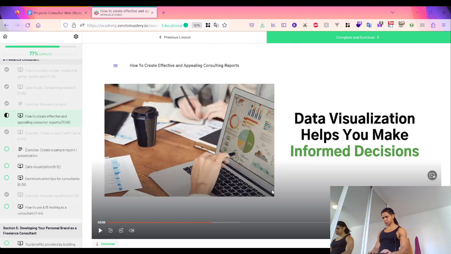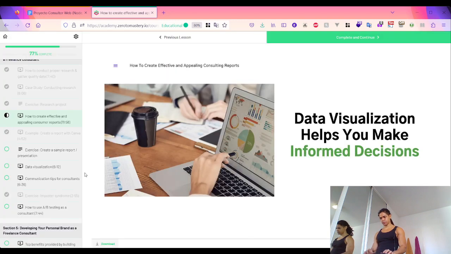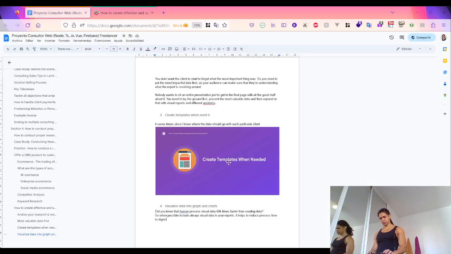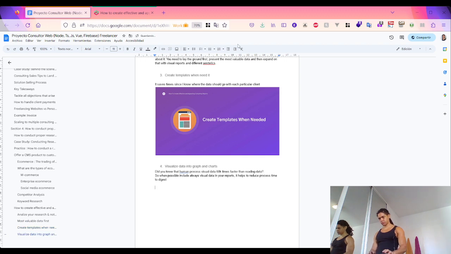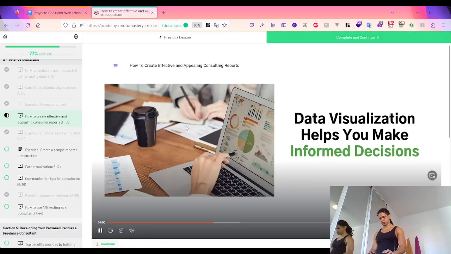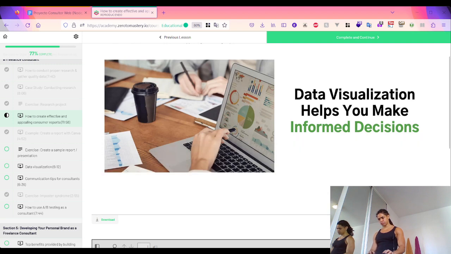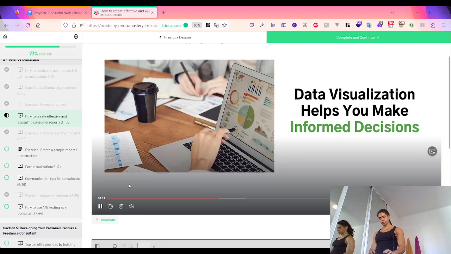Data visualization also helps you make informed decisions and helps the clients understand how you got to those informed decisions. Data visualization just refers to showcasing data, numbers, and statistics through images and charts. And when you display data in a visually appealing way,